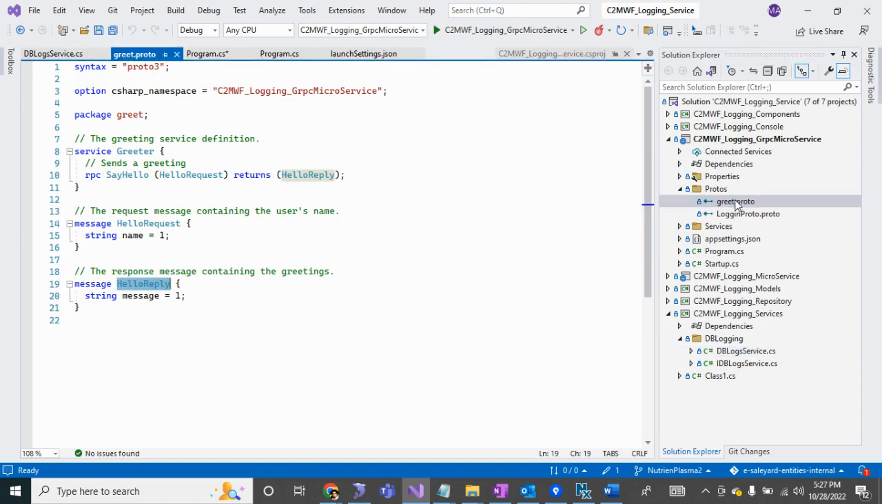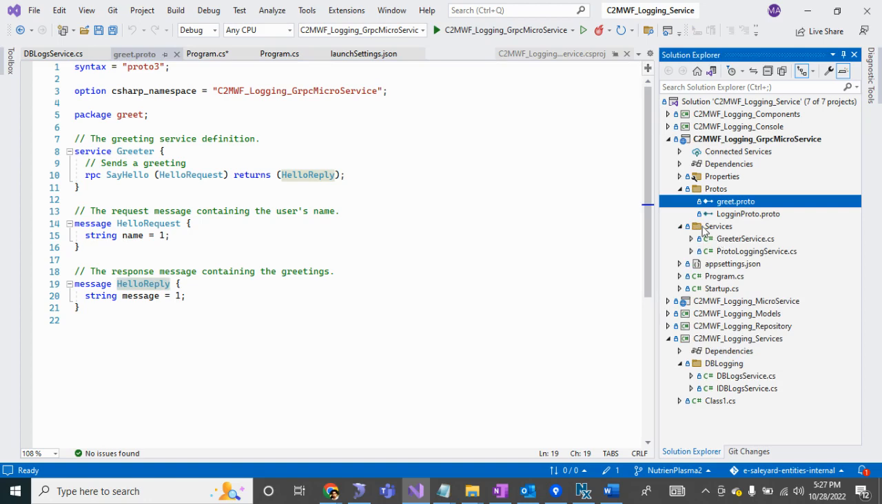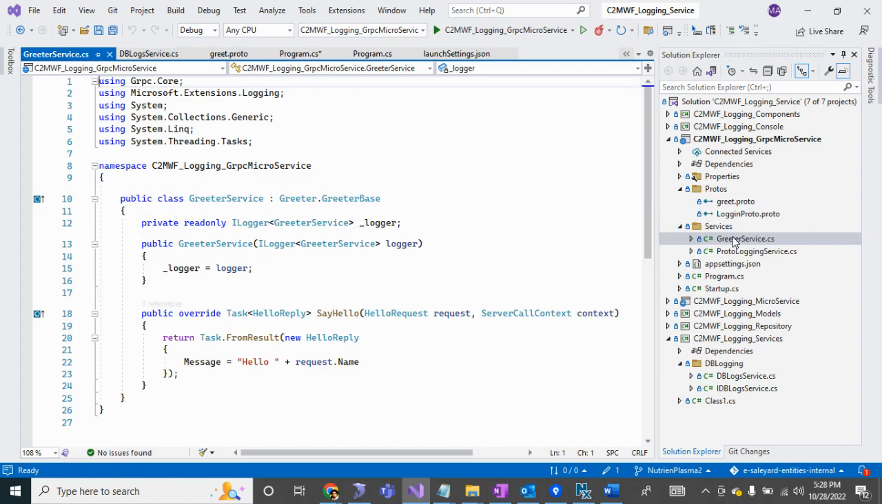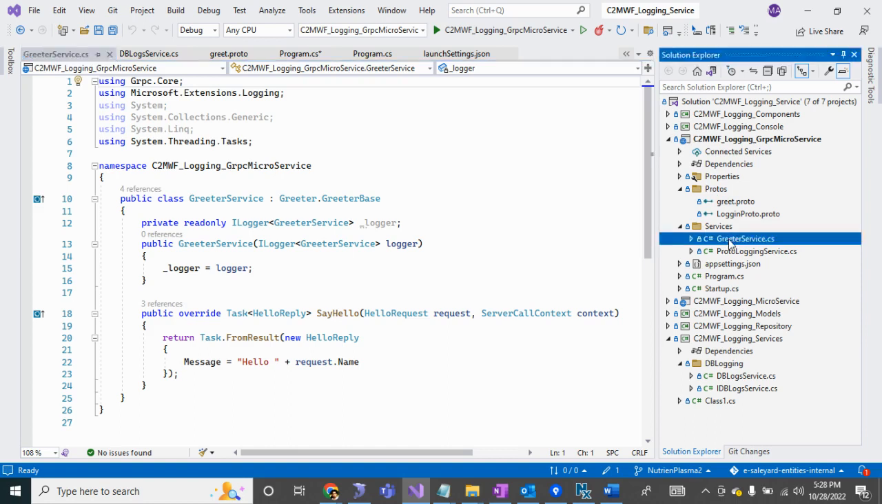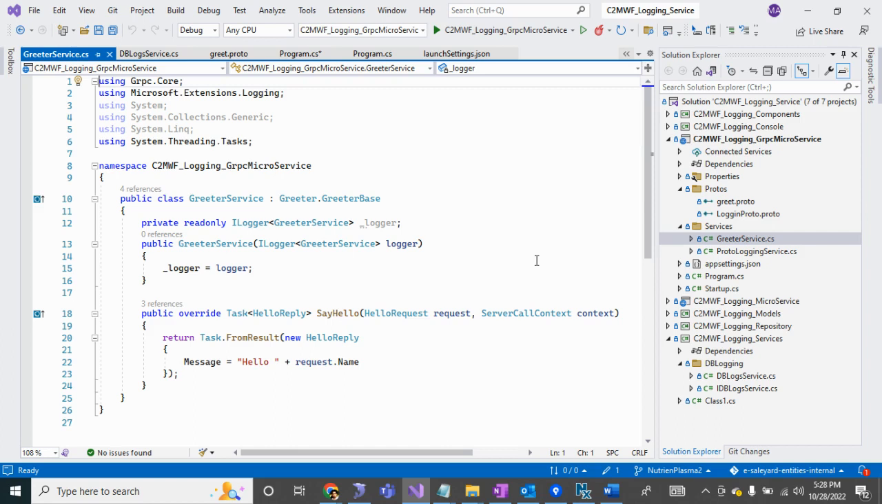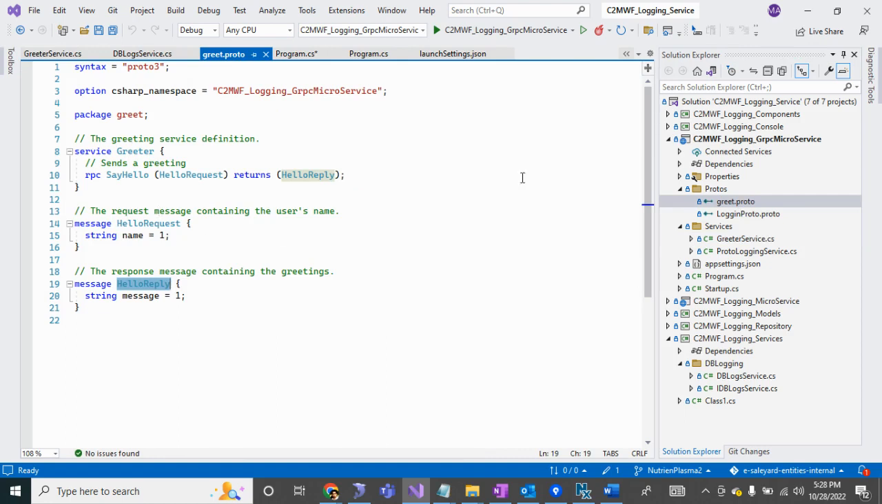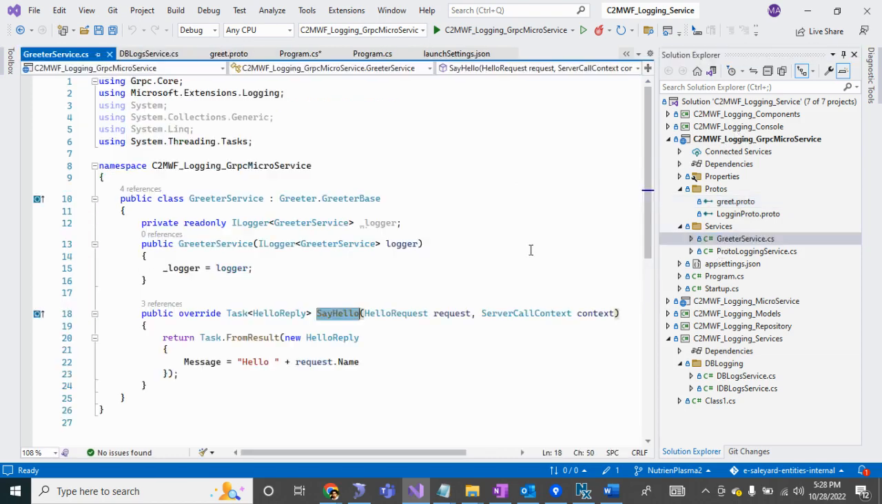And here the other folder is the Services folder. This is added by default when we create a gRPC project, so these two folders are created, Protos and Services. The Services folder is added by default by Microsoft. So you can say that this is your service method, right? It has overridden this method actually. So when you build this project, the service is